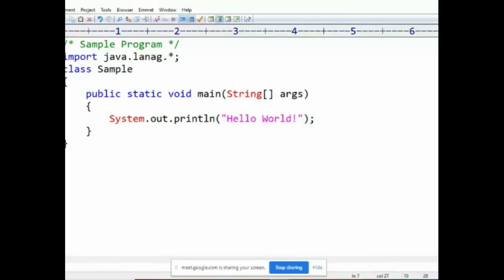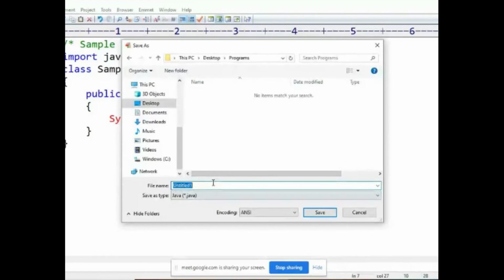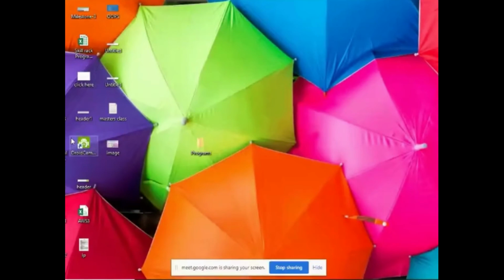Whenever I save this program, I should save it with the main class name only.